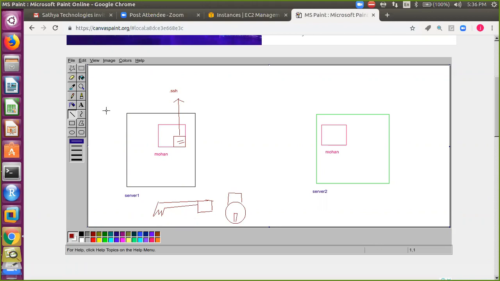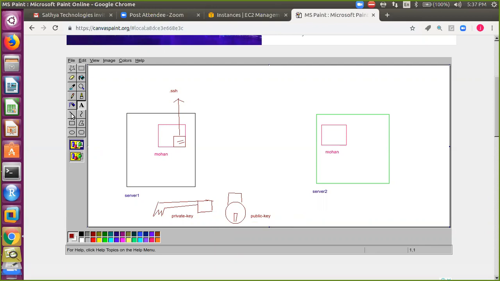When you enter the ssh-keygen command, it will create one private key and one public key. Just imagine like this.